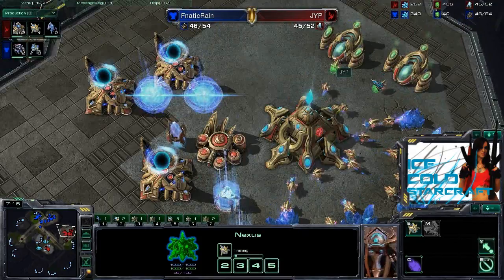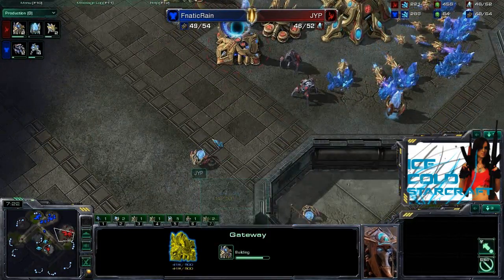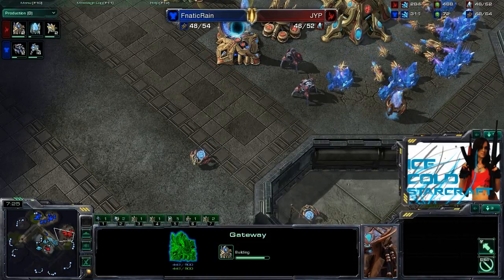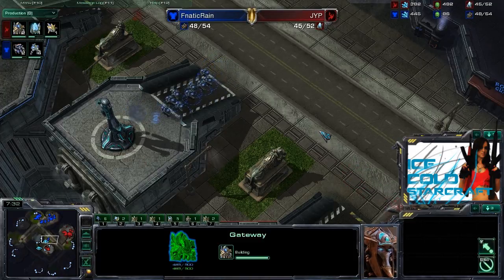He does have a couple sentries. He is going for a lot of gateways, so he's not diversifying, at least not yet. And we'll see how that benefits him. Basically, both players just really want to get their economy rolling. The Terran player,